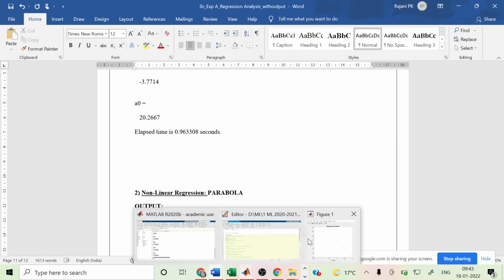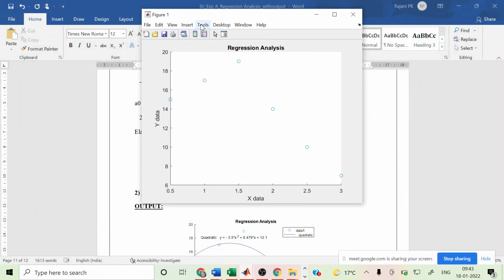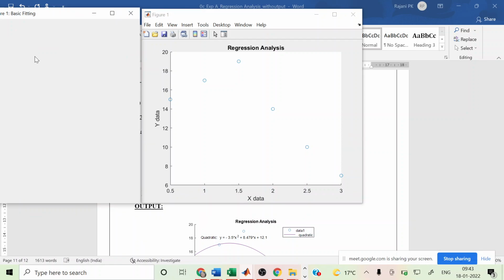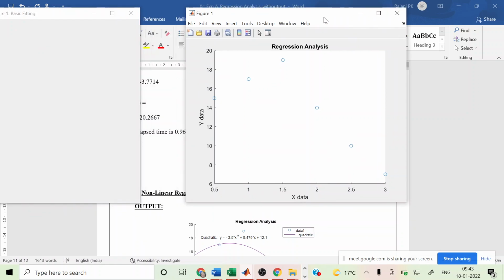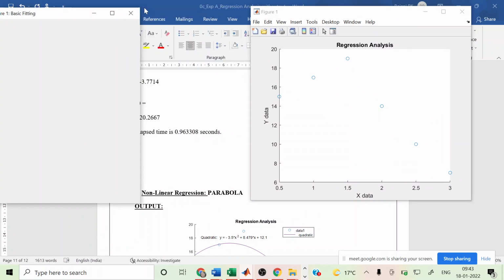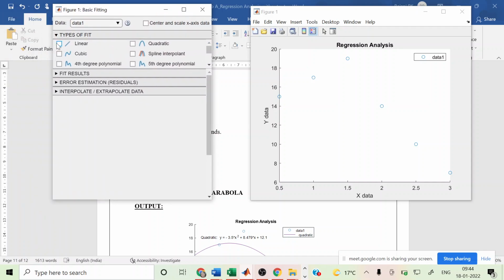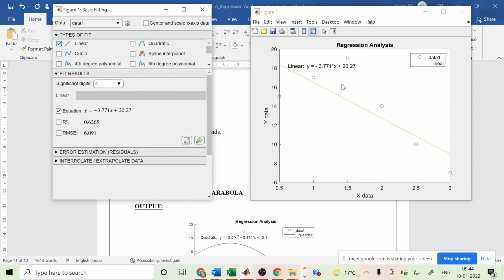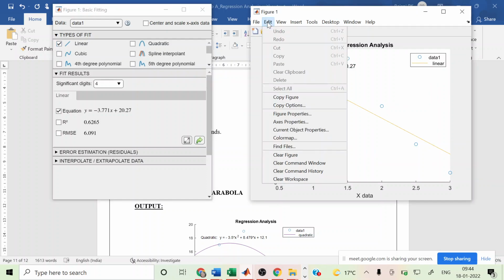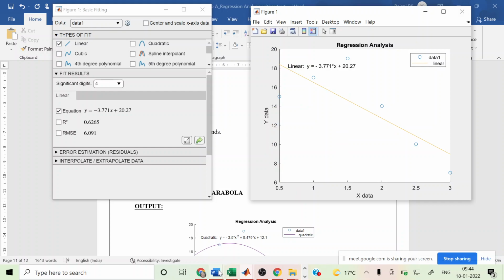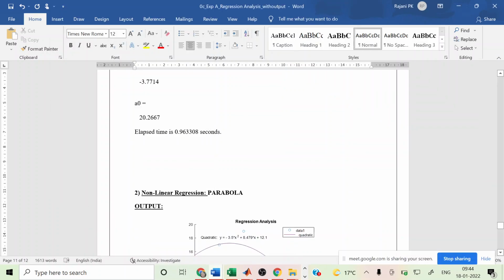For that, go to tools, basic fitting, and in basic fitting go for this linear. Then you will get this. To copy this, go to edit, copy figure,